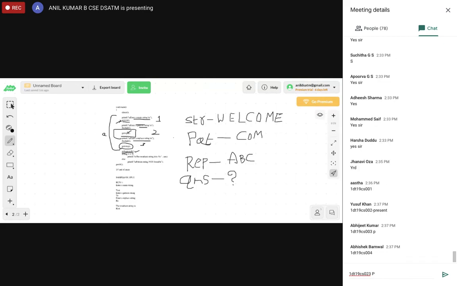USN 5 not there. 005, absent. 6, 7, 8, 9, 10, 11, 12, 13, 14, 15, 16, 17, 18. 18 is there. 19 not there.